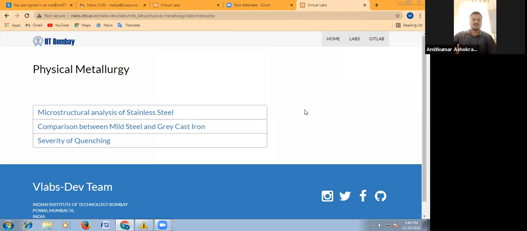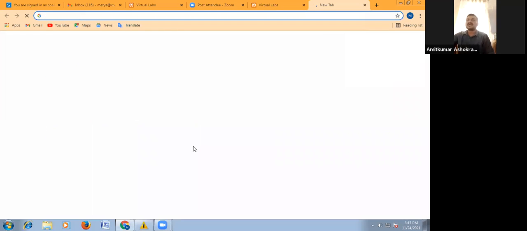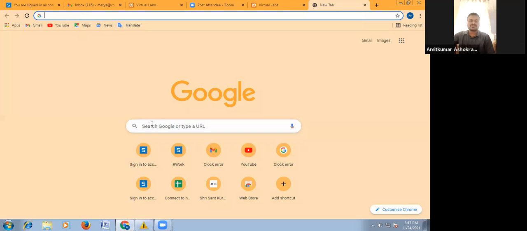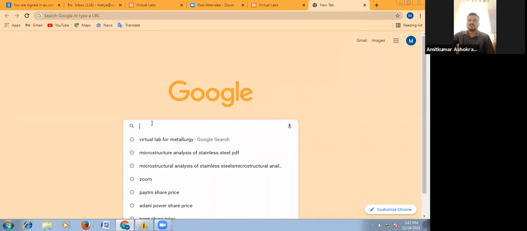Now I welcome you all to this virtual lab session for the metallurgy subject. First I will explain how this lab is searched. You have to open one tab on whichever search engine you are using. If you are using Chrome or Internet Explorer, you can go through the Google search engine, or any other search engine available. In that you have to open one tab and type